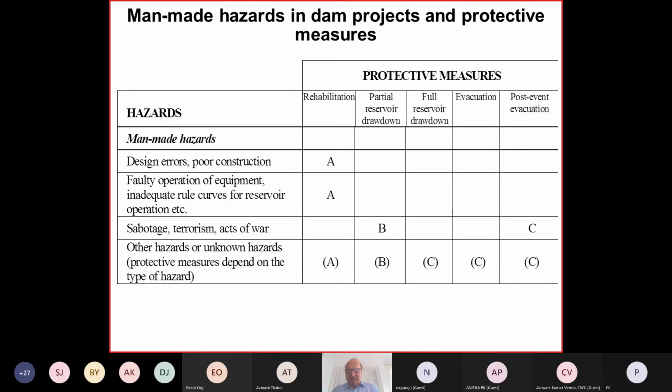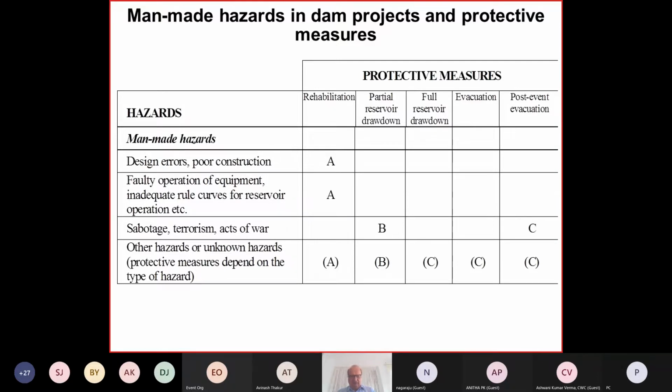Okay, that were from a natural environment. Now let me come to the man-made hazards in the AM project and protective measures. Again, here the man-made hazards are basically design errors. They are hidden, you do not really know. And poor construction. It is man-made faulty operation of equipment or inadequate rule curves or reservoir operation under extreme